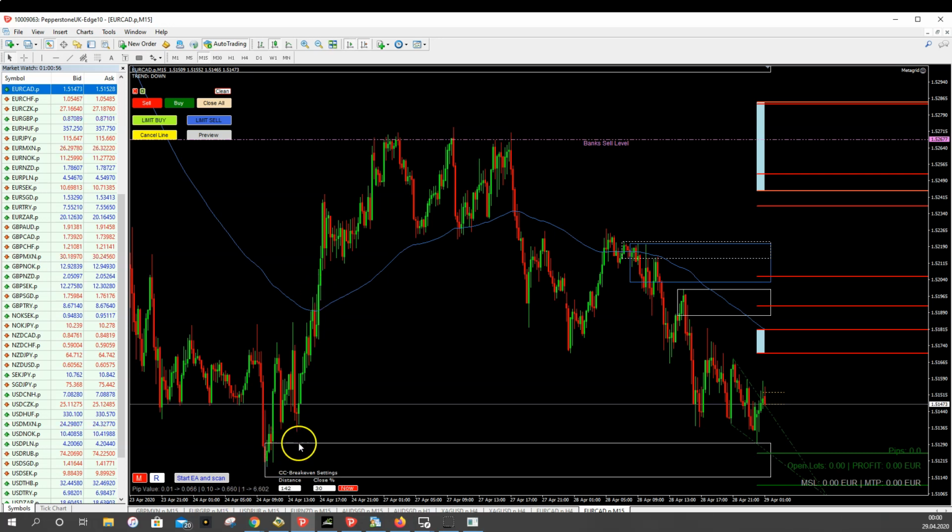The white rectangle was painted, I think, around here, as price was here in this area. This rectangle was here, and since then it was here, and now price came, on April 24th, so 4 days ago. This rectangle was painted, and now 4 days later you can see price exactly bounced on this demand zone. It's always amazing to see how precise the Hypnotic software paints these supply and demand zones, and